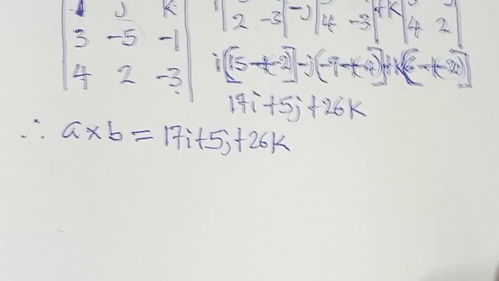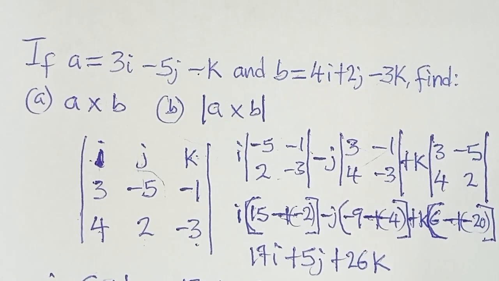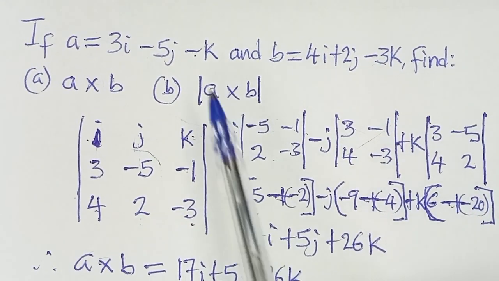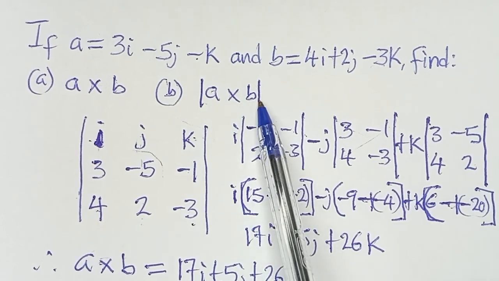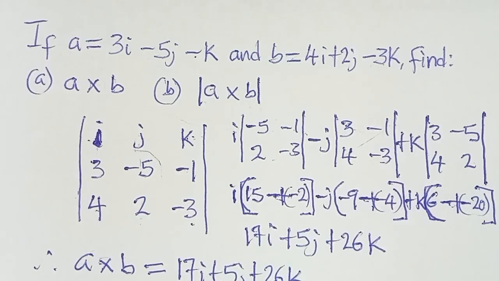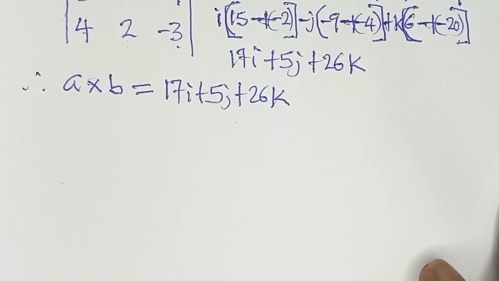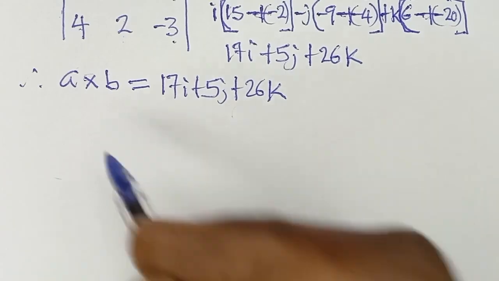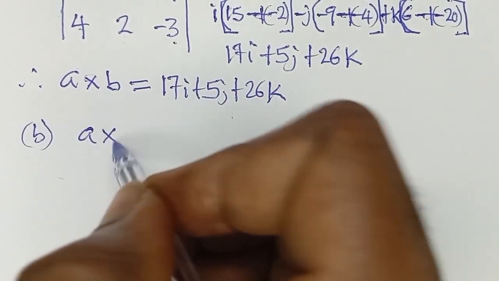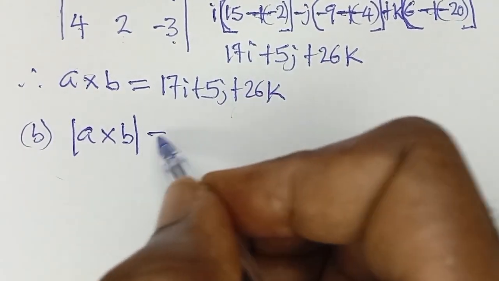So now, the second question, we are through with question A now. Question B says that we should find the absolute value or the modulus of a multiplied by b. So we already have the value of a multiplied by b. So we're going to take the absolute value of that. So a multiplied by b, that's the cross product of a and b, the absolute value, will be equal to